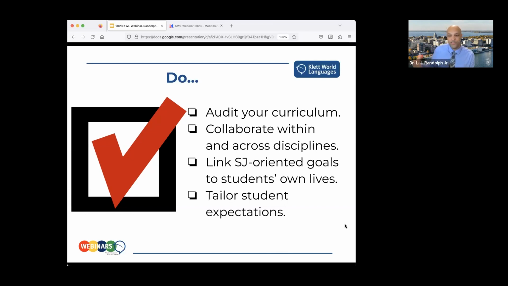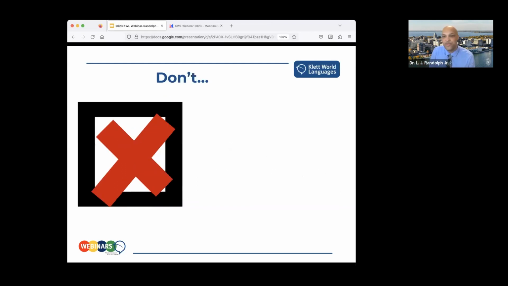And this will also help you to articulate your instructional approach to other stakeholders if necessary, especially if you do something like a syllabus statement, where you can link it back to the 5 C's and say, hey, this is what I'm supposed to be teaching, and this is why. And I think it's important for all of us to think through that process so that we're able to articulate that when needed. And then I have a few don'ts.